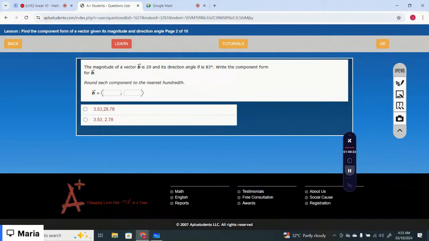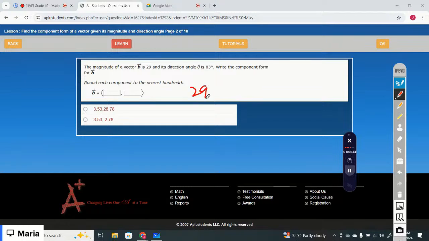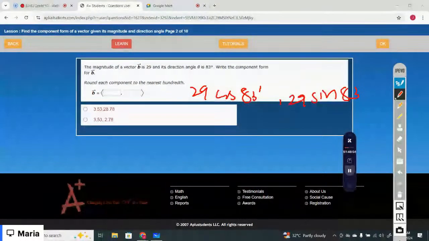The magnitude of the vector B is 29 and your direction angle is 83. Write the component form of B. So you have to write down the component form, right? So that is 29 cos 83 and 29 sin 83. So which is the correct option? Let's just calculate cos 83 multiplied by